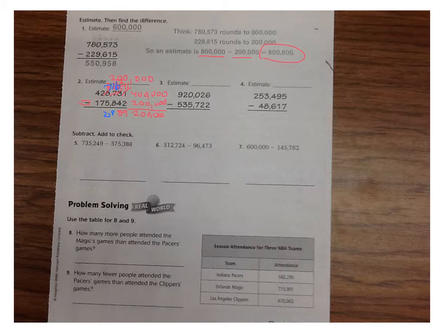So we're going to take a 10 from the 4. That becomes a 3. 10 plus 2 is 12. Okay, now can we subtract? Yes. What's 12 minus 7, everyone? 5. Okay, and 3 minus 1 is what? 2. So our answer, let's say it out loud. Ready? Go. 252,